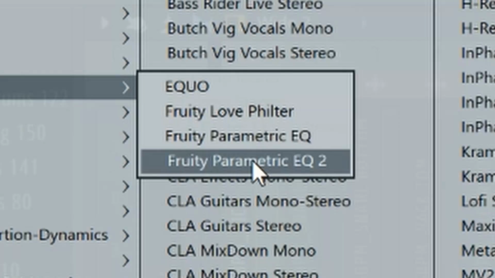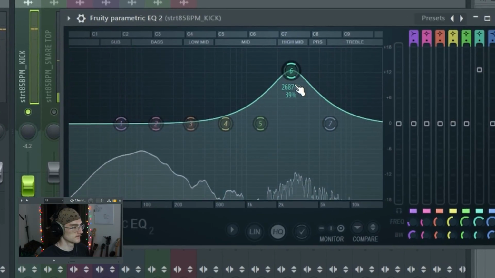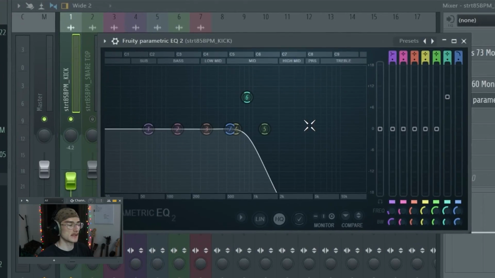So now with the kick, what I'll do is just put a little EQ on there. Fruity Parametric EQ 2. And contrary to what some people may think, you don't really want to cut out any of the high end, or much of the high end of a kick drum, because if you hear, that's where a lot of that punch of the kick drum is coming from. If we have those high mids cut out completely,